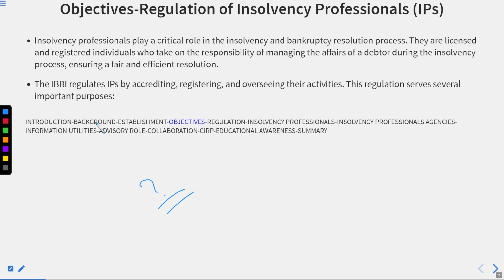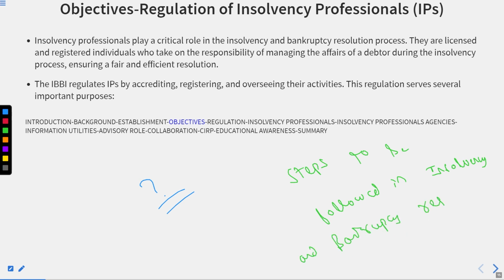Basically, these are individuals who have knowledge of the steps to be followed in insolvency and bankruptcy resolution, and they are registered